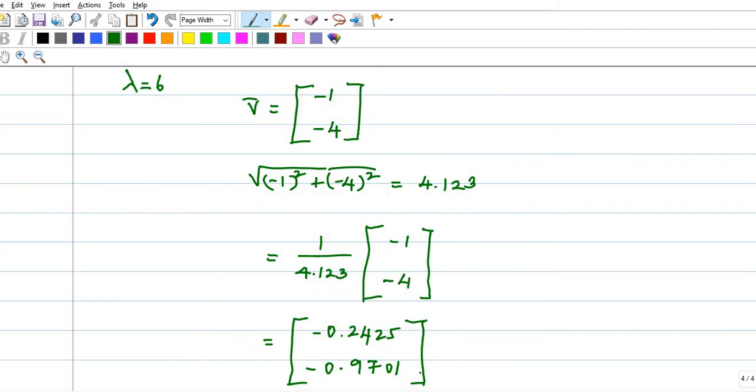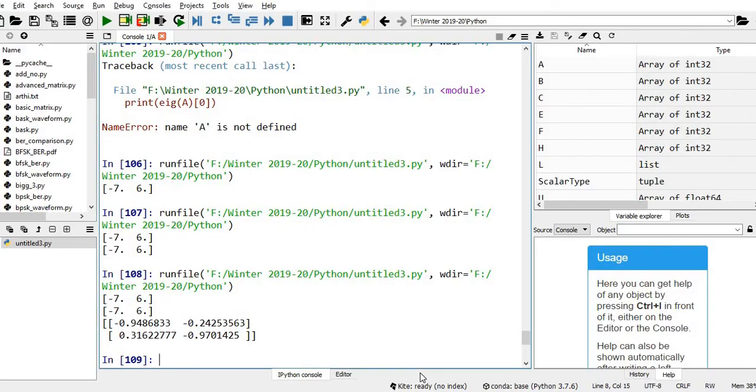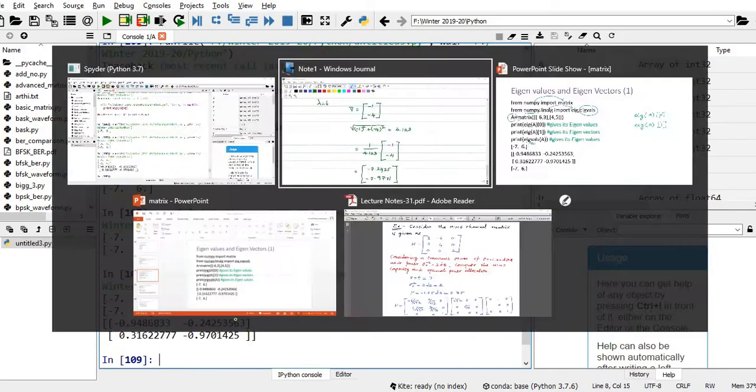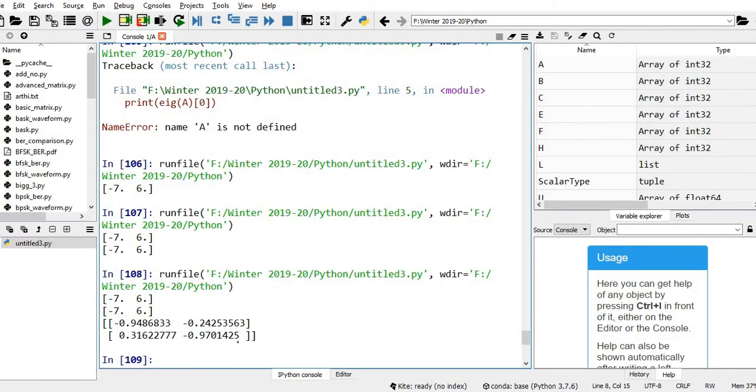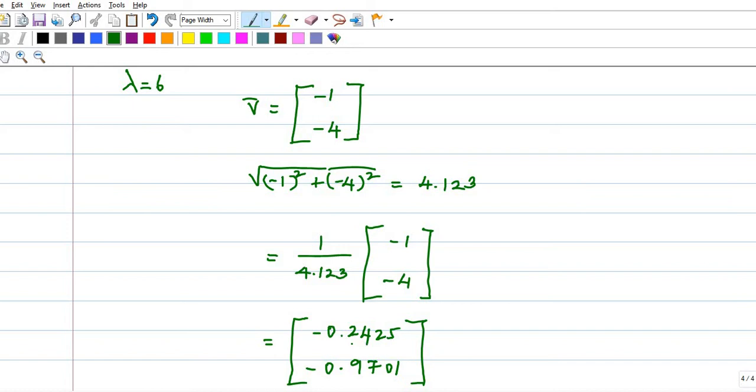We'll verify whether we are getting the same answer. -0.2425, -0.9701. Yes, we are getting the same answers. So in one step we are getting the answers.